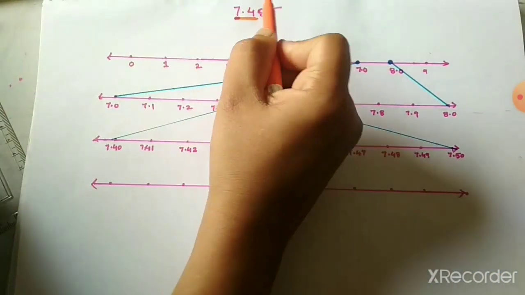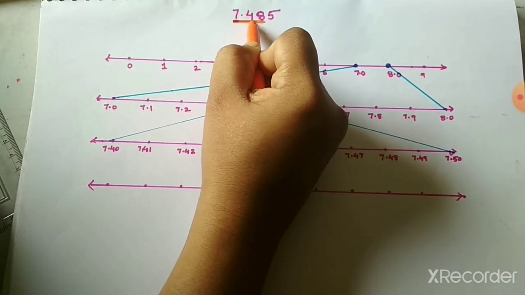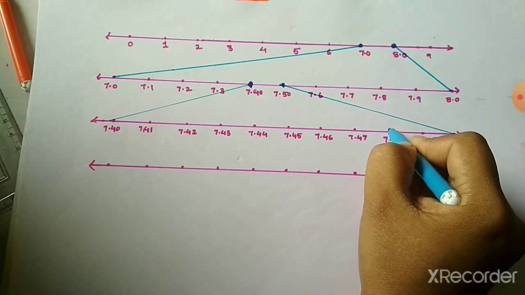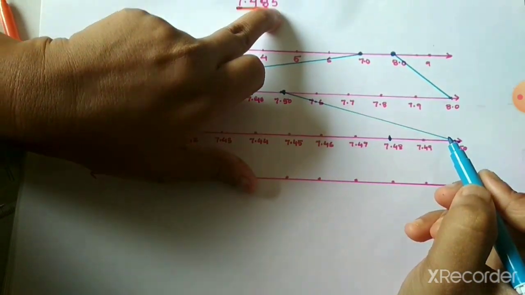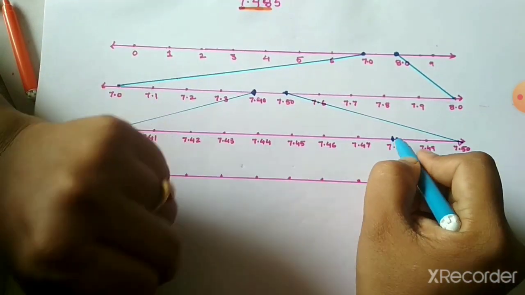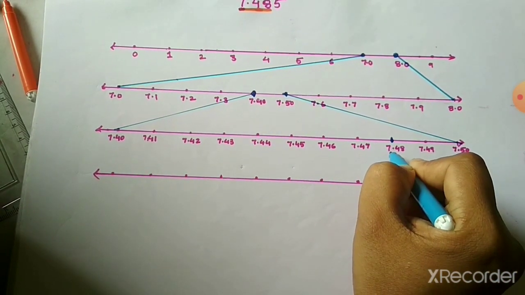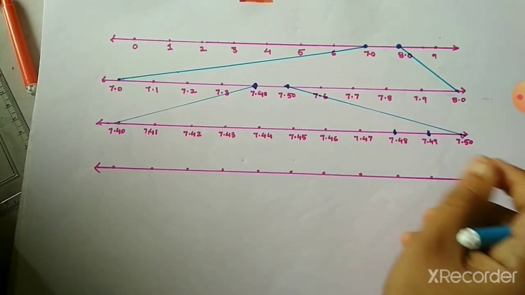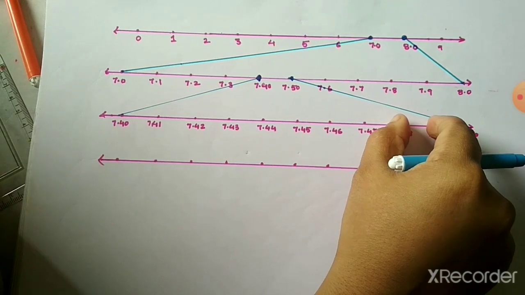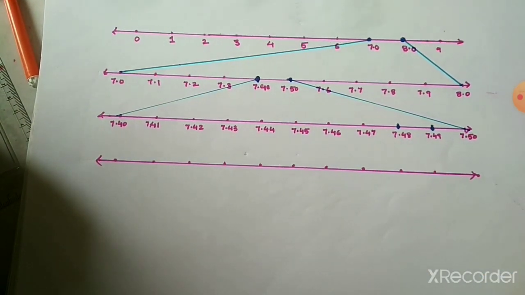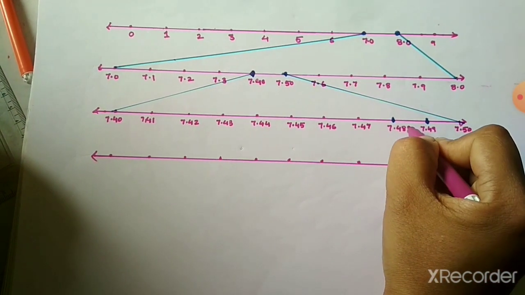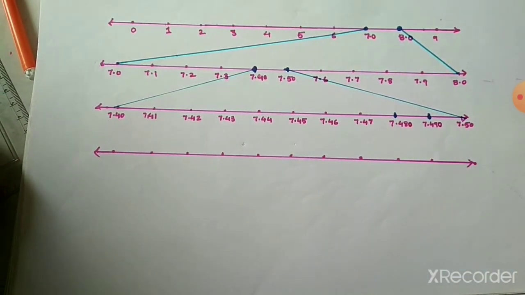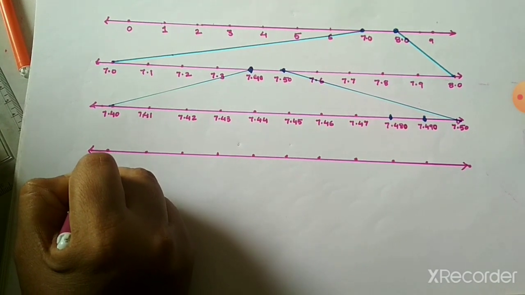What is my next digit now? My next digit is 7.48. Where does your 7.48 lie? Here exactly. But my next digit is 5. Yes, so that means my number will come in between 7.48 and 7.49. So again I have to magnify this distance in 10 equal parts. So I will start with 7.480. I will consider 7.490 here. So I will start again from